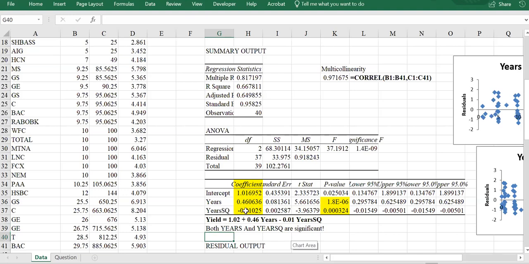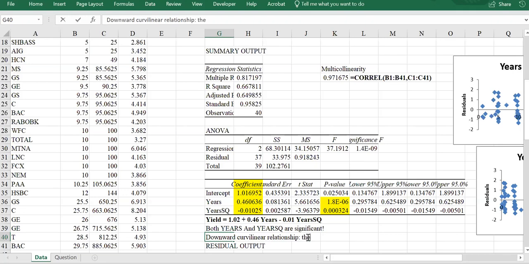And again, when we have a negative coefficient for the x squared factor, that means we have a downward relationship, a downward graph. I mean, by downward, I mean a downward curve, which means a downward curvilinear relationship. This means